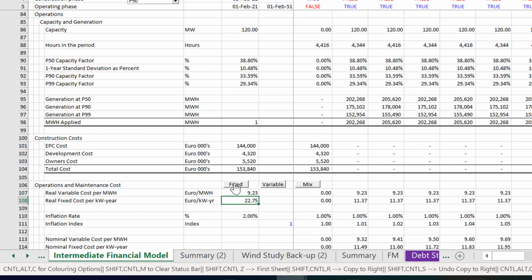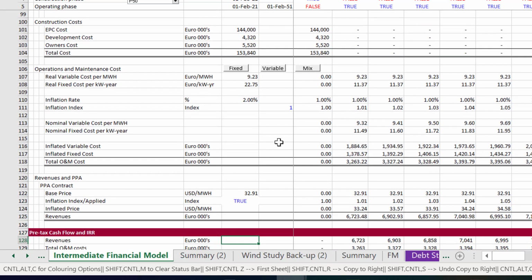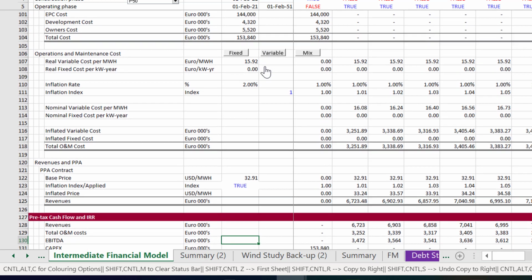So if it's all fixed, that's our little macro, and then it's all fixed. If it's all variable, it's all there. And if it's mixed, fixed and variable, we put both of those in. That's going to be important. Then I put an inflation rate, and we get our inflated cost. If it's again fixed, they're all fixed costs. If it's variable, we put all variable costs in. And now we'll